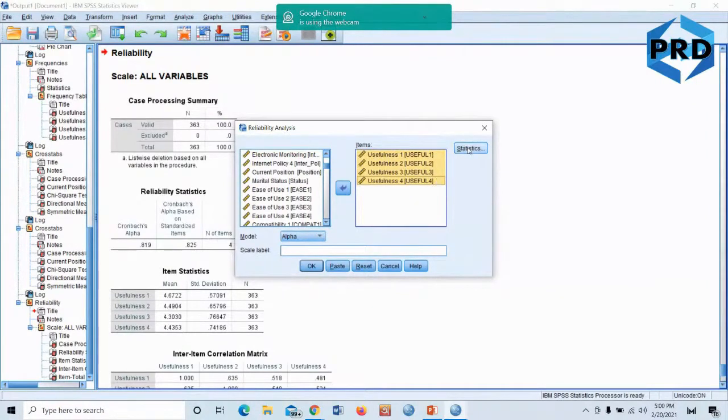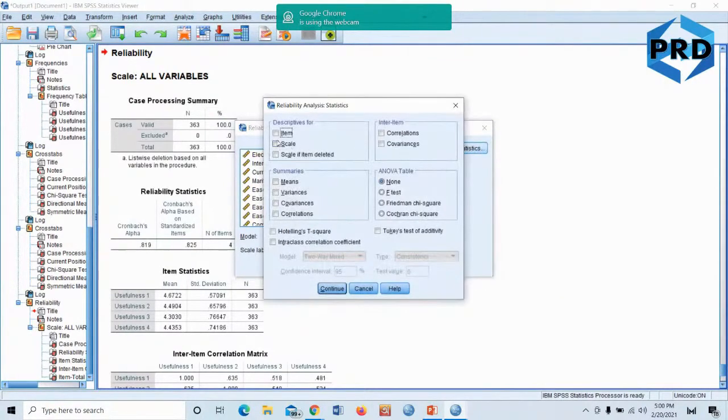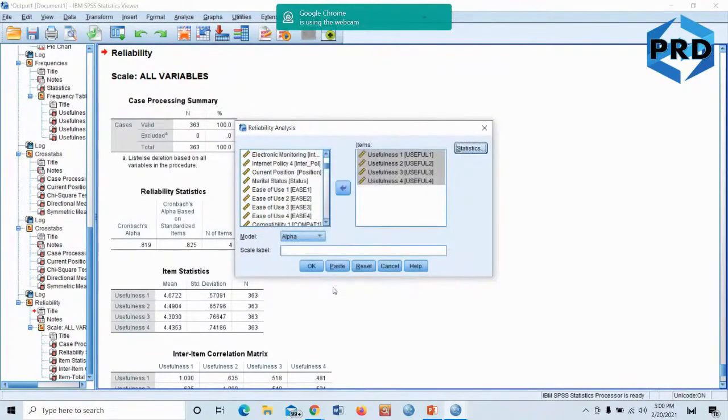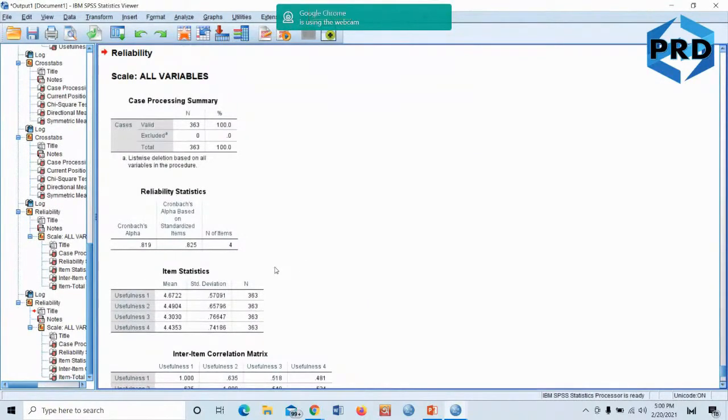Then I click on statistics. I click on item, scale if item deleted, and inter-item correlation. Those are the 3 items I'm asking you to click. And then you click continue, and then you click OK. You can see your Cronbach's alpha is there, 0.819.